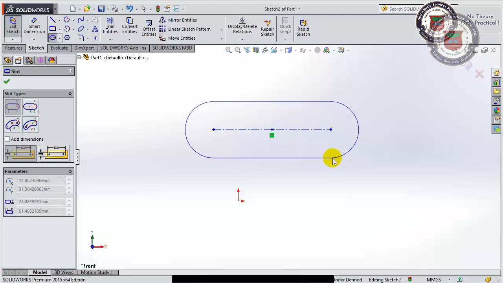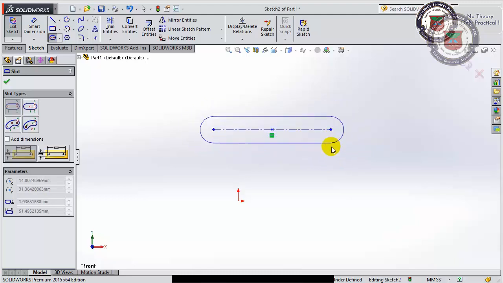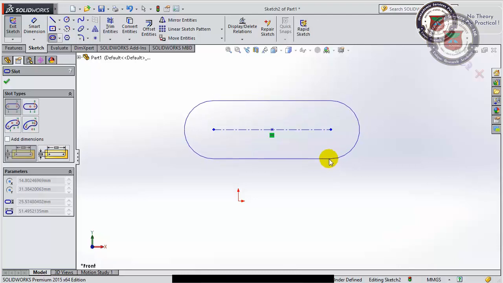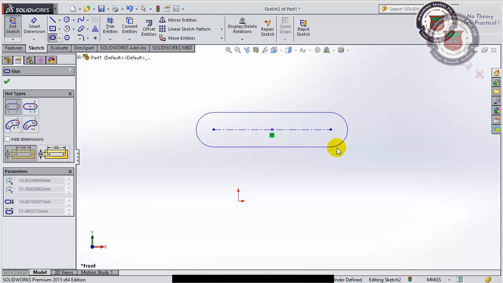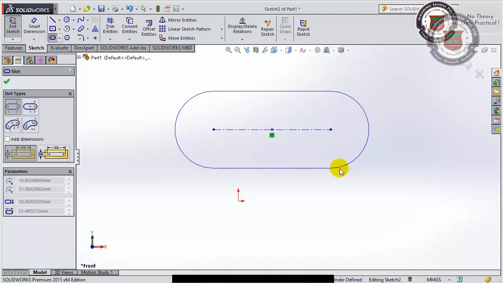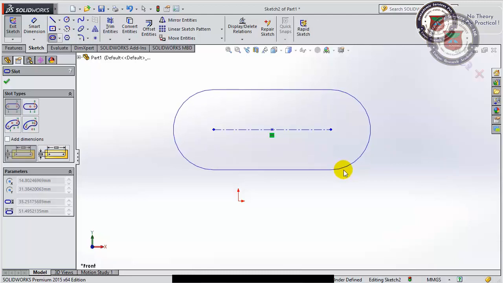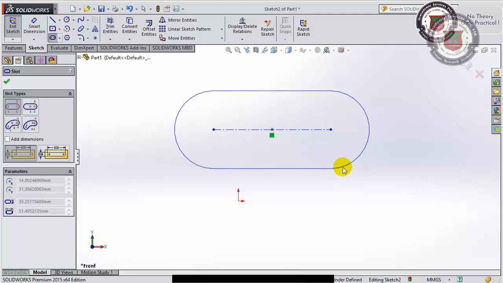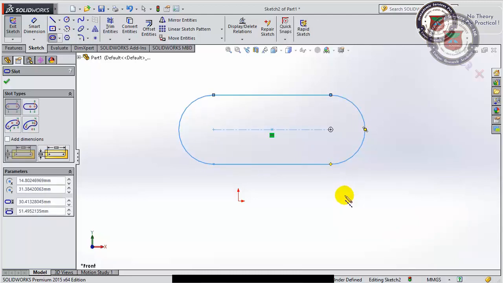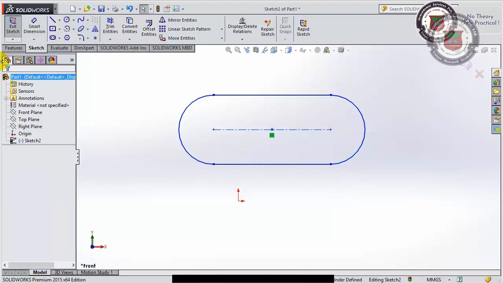The distance between this point and this point is generated, and as much as I drag out my cursor, the radius, or I may say the thickness of this slot, is controlled. Now I can provide its dimension.